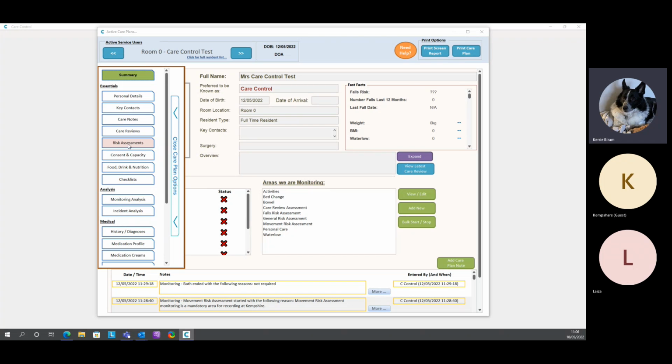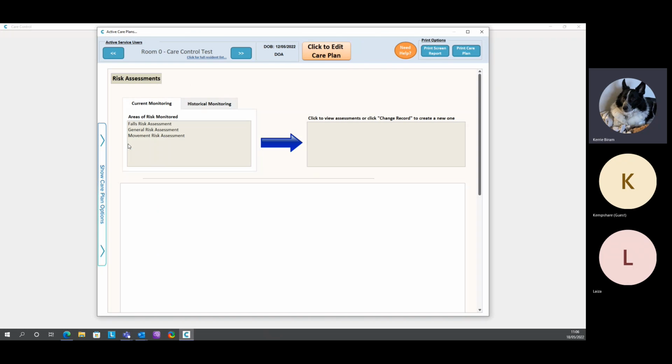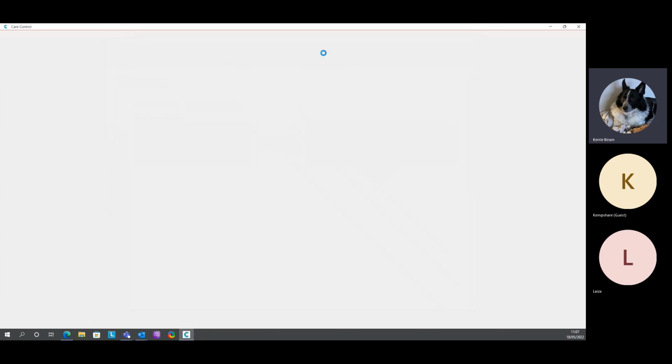Today we've got the risk assessments. If I click on that one, there are some risk assessments built into your system for you, ready to use. And you can create your own risk assessments as well, which I'll show you where that is and how to do in a moment. But if I show you these ones here, if we click on your risk assessment and click to edit at the top of the screen,